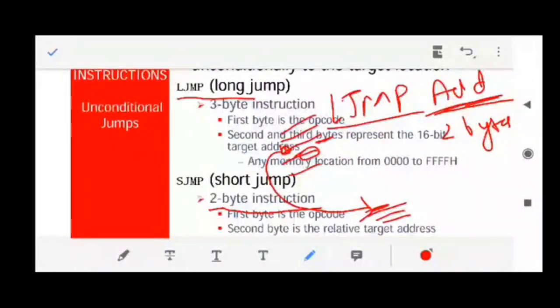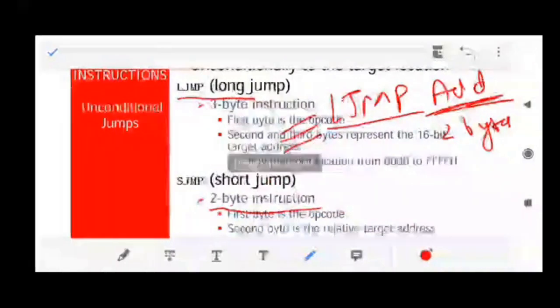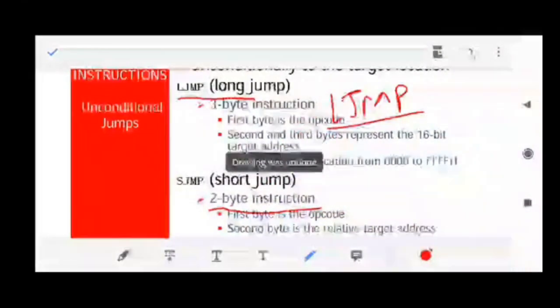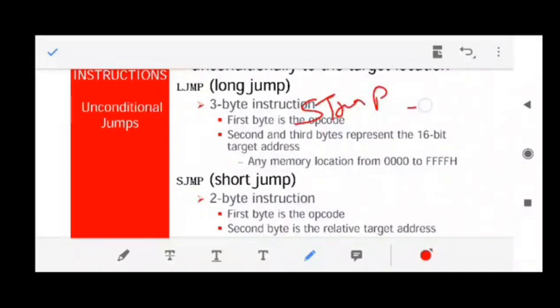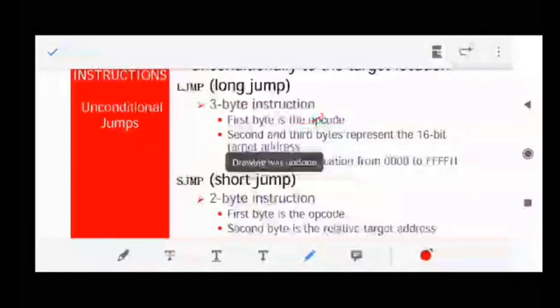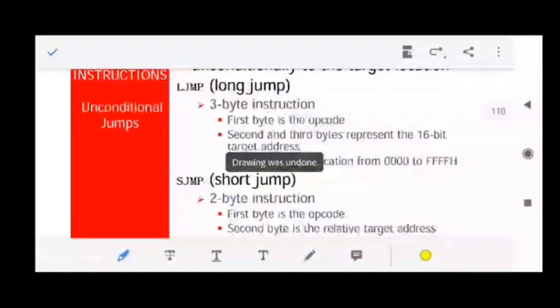So this is easy. But in case of short jump, this is very useful. This is very different from other jumps actually. So what you do in the short jump is write short jump and define the number of steps you want to jump instead of defining the address. Fine. So we'll take an example for this so that it would be more clear to you, because we will use these things in our programming. Fine.